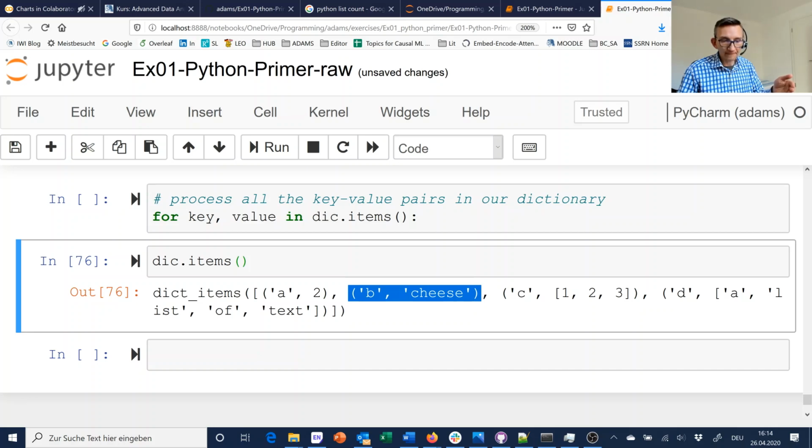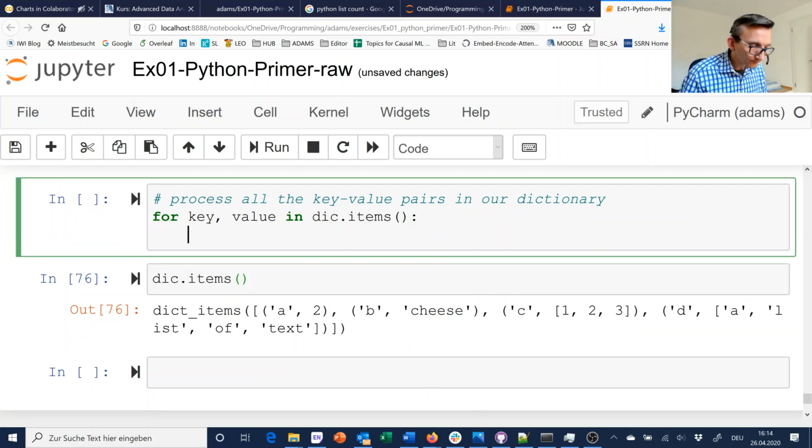And these are then called tuples. And I can basically split up that tuple into its individual parts with the syntax for key, comma, value. The result will be that in the first iteration of my loop, I get this tuple, and then the value a will be assigned to the variable key, and the value 2 will be assigned to value. And that allows me to do something with my list items. So I could, for example, do some printing, print the key